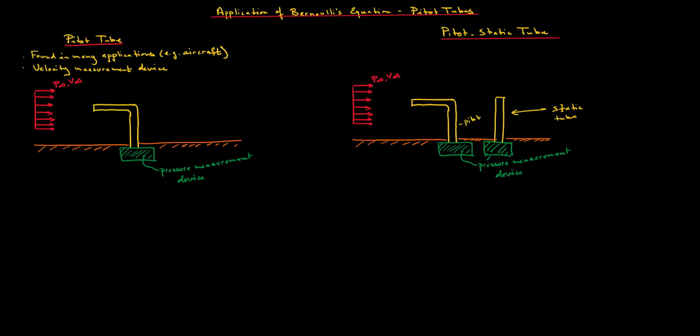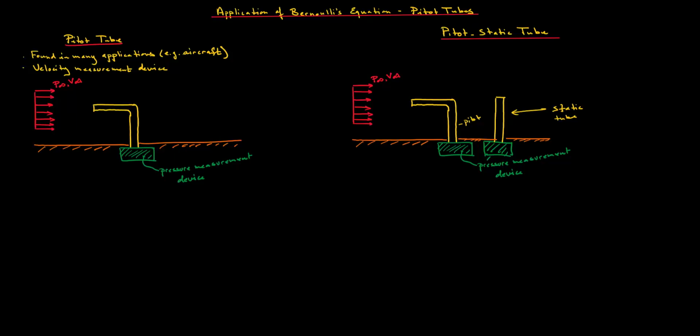So in the previous video, we looked at the application of Newton's second law along a streamline for an ideal flow, which we assume to be inviscid, that is without viscosity, incompressible, and steady. This led to the development of Bernoulli's equation, which tells us that the total pressure is constant along a streamline. Here we're going to look at the application of Bernoulli's equation, and in particular,